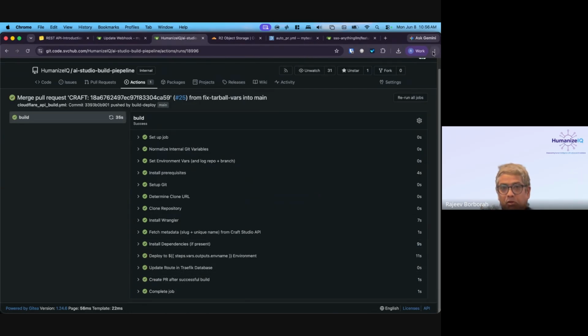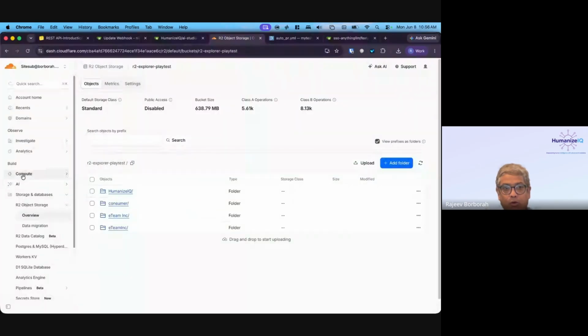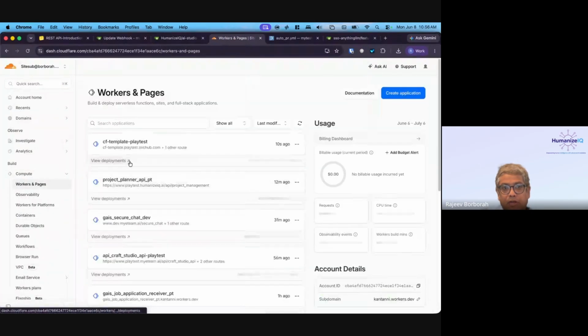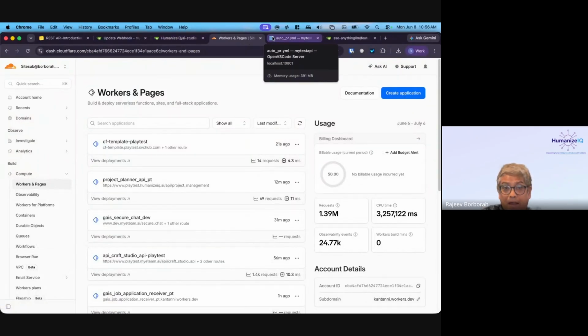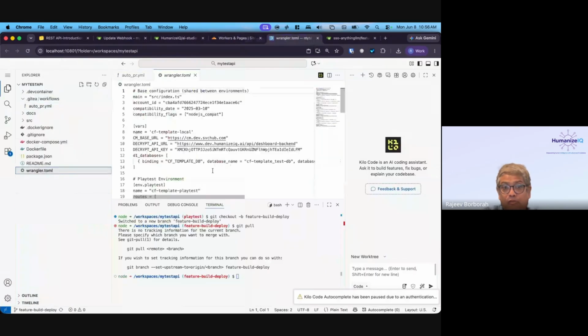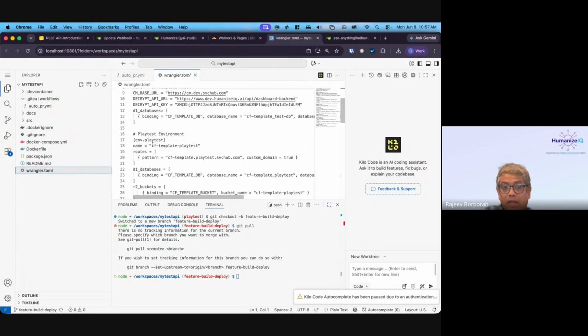And so if I look at Cloudflare now, if I go to compute, I will see that a worker is deployed, C template. So it deployed it as C template playtest. My mistake, right? That means the build is not correct. Which means I have to go back, and there's a file called wrangler.toml. There is something called CF template hard coded in every place because this is coming from a template.